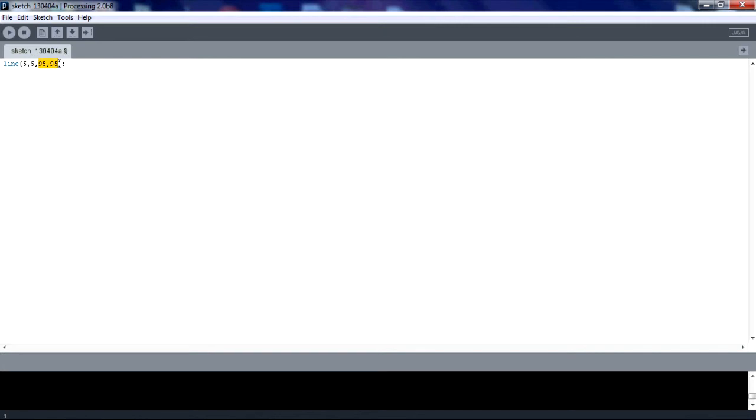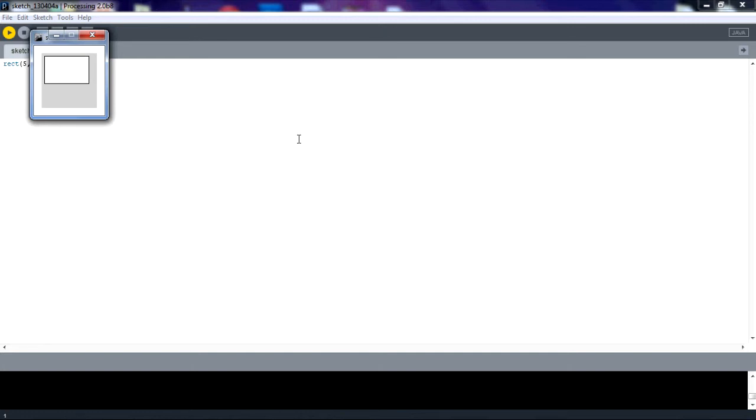The next shape we are going to use is a rectangle. What you would type in is rect, R-E-C-T, parenthesis. What's pretty cool about these rectangles is you only have to give it a starting point, and then you just type in the dimensions. So we could do 5, 5 as our starting point, comma, and then the base and the height of this rectangle. We can make the base 80, 50, and that will be our triangle. Close it off with a parenthesis and a semicolon. Run the program, and we have a triangle, not a triangle, rectangle,